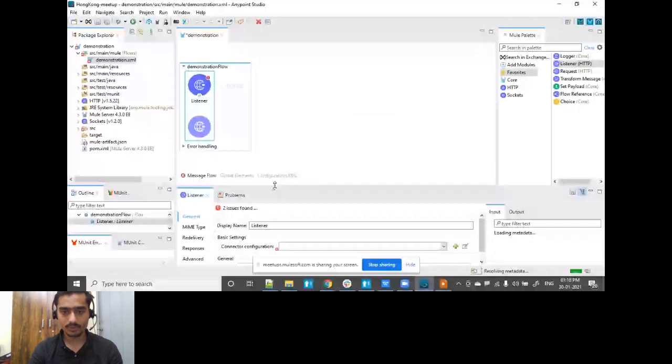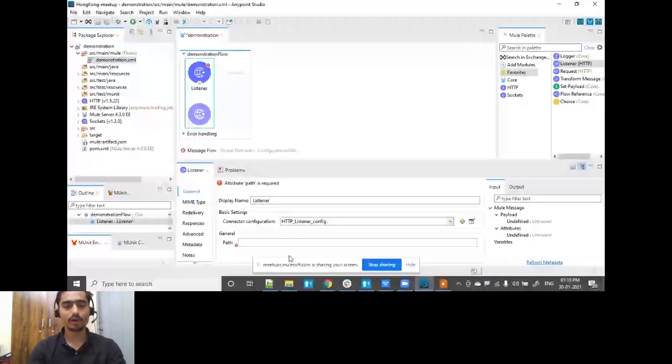Just resizing my window. I'm going with the default configuration. So these are the advantages of why we are using MuleSoft. Instead of writing lines of code, we can simply go ahead and use the pre-configurations. So I'll make use of the default host and port, nothing new to do. And in the path, I'll give just simply /foreach. Okay, I'll start with the for each.